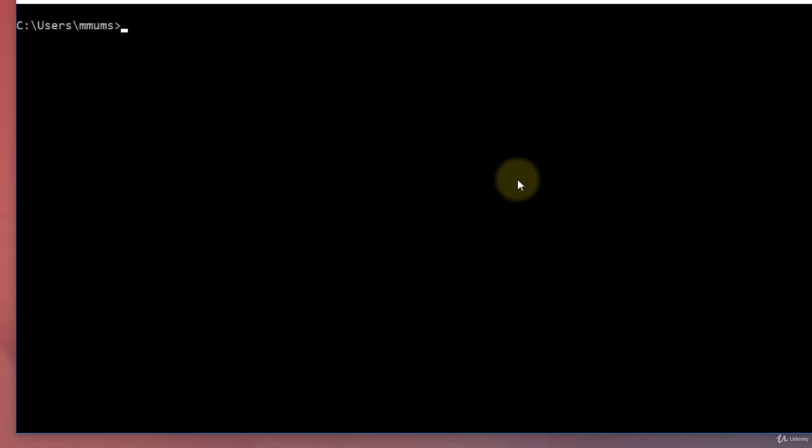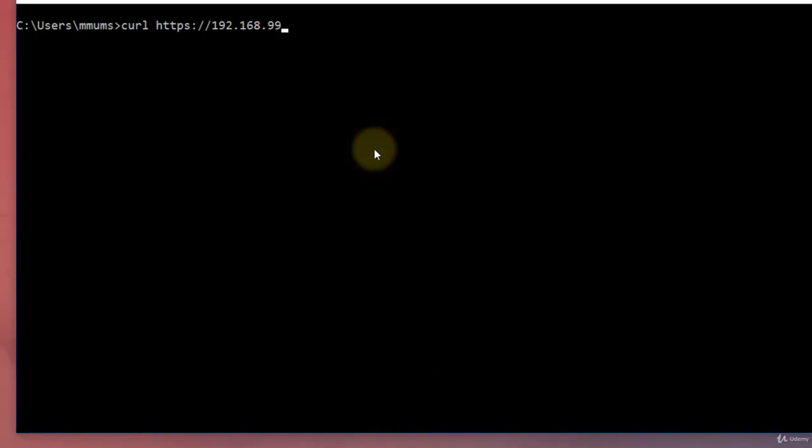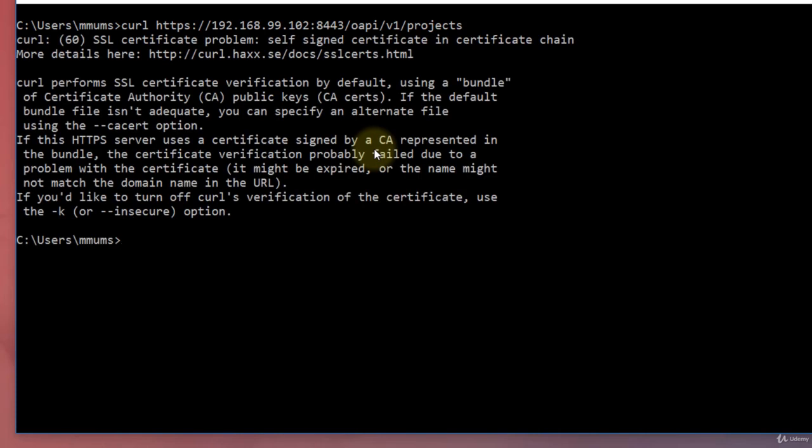Next, we will take a quick look at the OpenShift REST API. We will use curl to run a simple API call to get a list of projects for a user. I will make an attempt to send a GET request to the API https://192.168.99.102:8443, followed by the API, which is oapi/v1/projects. If I were to run this as is, first it complains about secure certificates, as we have not configured